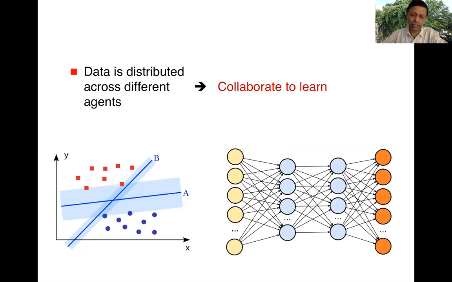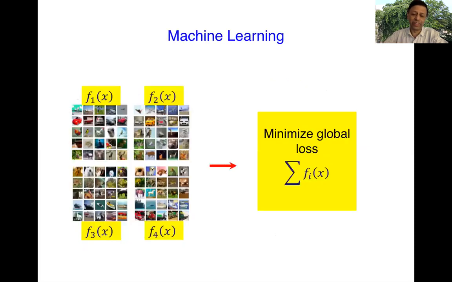There are many different ways to do it. One simplest way would be to bring all the data to one location and then use the data collectively to train a machine. But we are looking at more distributed solutions of this problem. They exist already in practical use. But coming back to the question of this talk, distributed optimization, in case of machine learning, we have to think